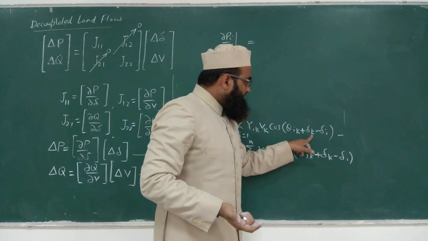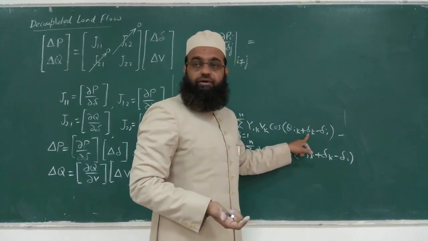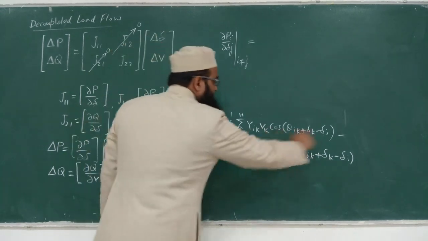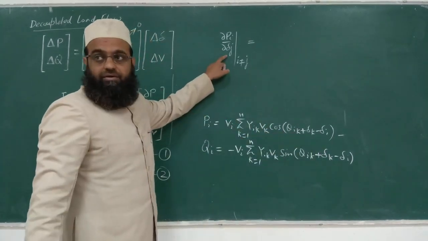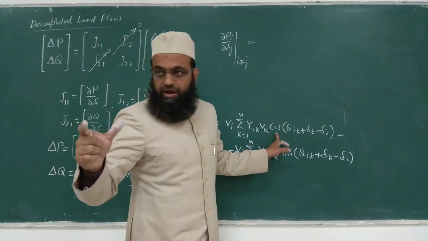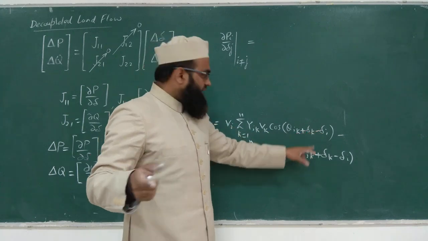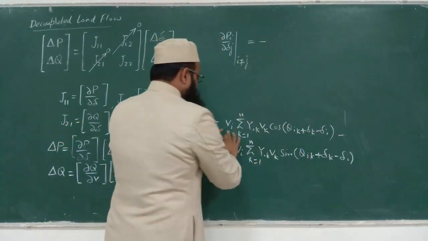So at that time this k is j. So this is delta j. So we are going to differentiate this whole expression with respect to delta j. So tell me, this is cosine. So minus sine of this, and derivative of this will be 1. So directly write minus whole thing Vi,